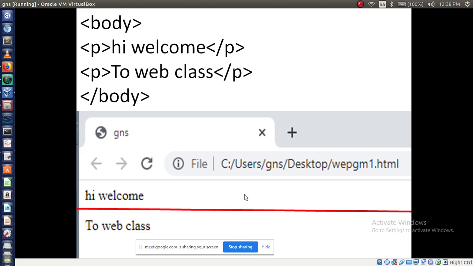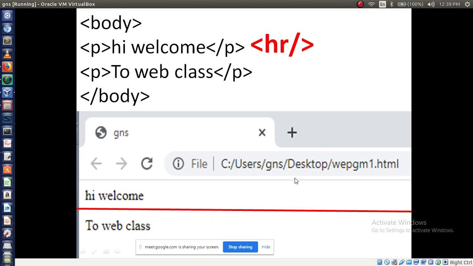Should I put it after to web class, or before to web class? After hi welcome we have to put the HR tag. See, HR has opening and closing within the same tag. Then we will get the output like this.